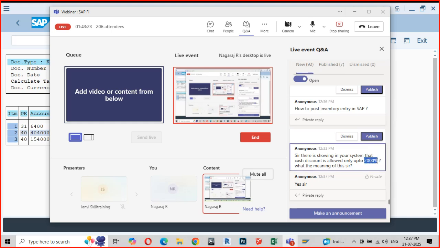It is 2.000. 2%. That is how the system reads. It is not 2000%. Clear? If you have seen this, it is 2,000. Clear? Any other questions which I have missed? I hope all the questions have been answered.